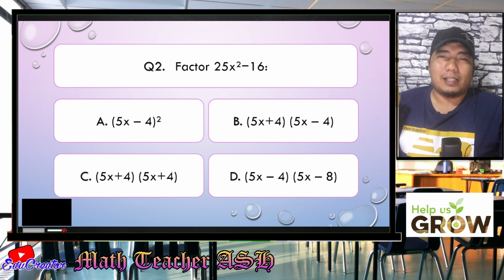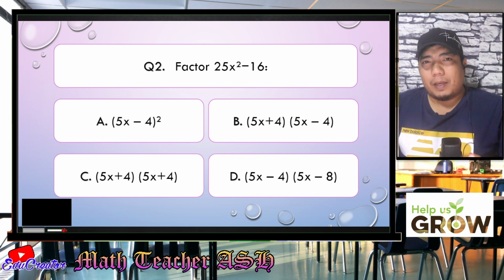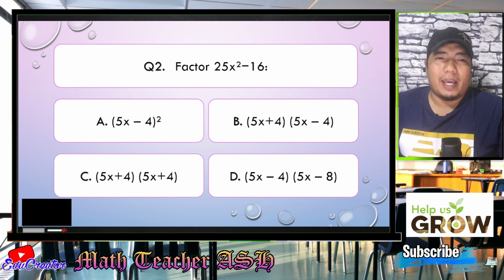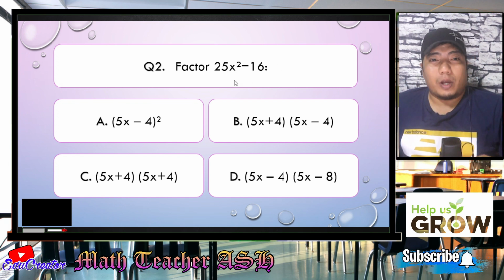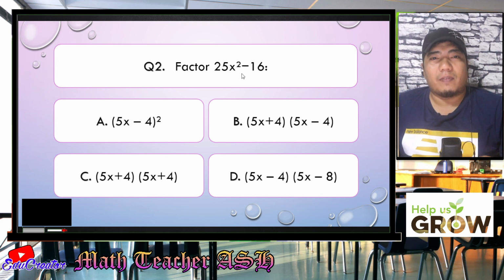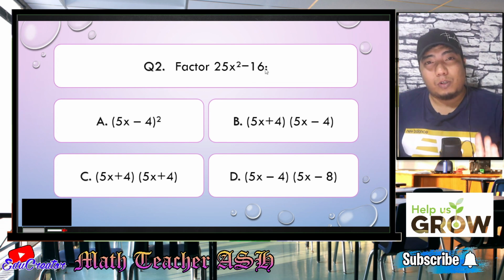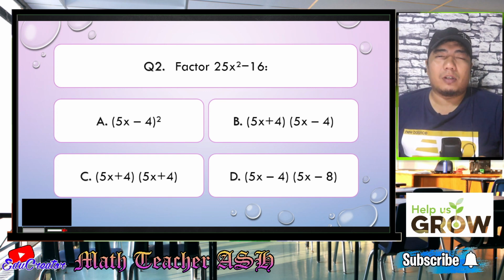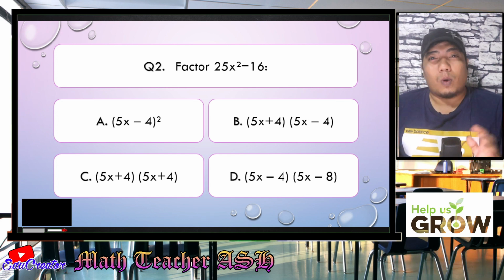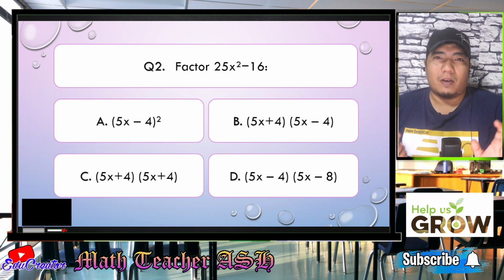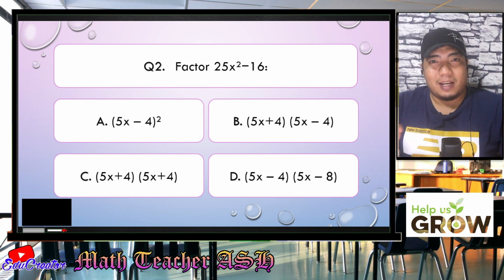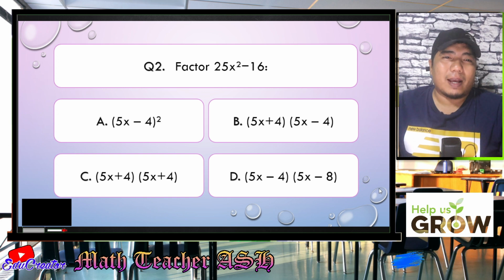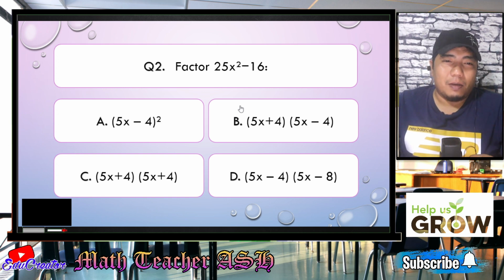Alright, my dear math learners, this question is basically a topic that was already discussed when you were still in grade 8. Why? Because this is an example of the difference of two squares. The 25x squared is a perfect square, and the 16 is also a perfect square. Now, how can you factor the difference of two squares? Basically, you just have two quantities in which the root of each term will be the parts of those quantities, but there is a change in the middle sign. So therefore, the correct answer, my dear math learners, is letter B.